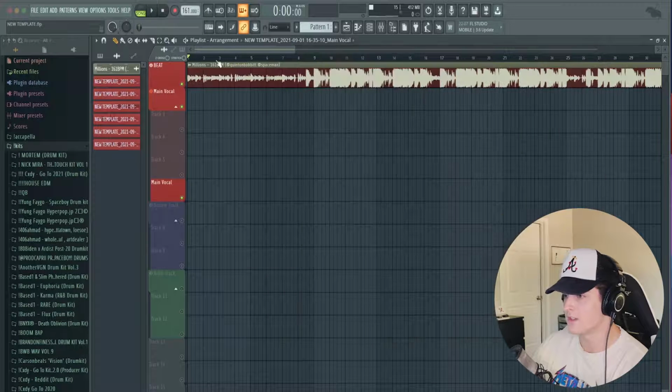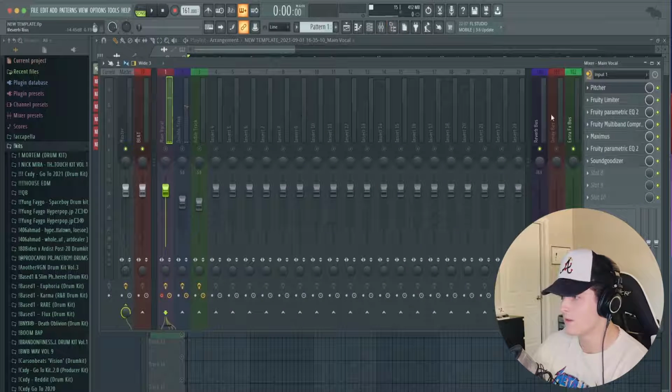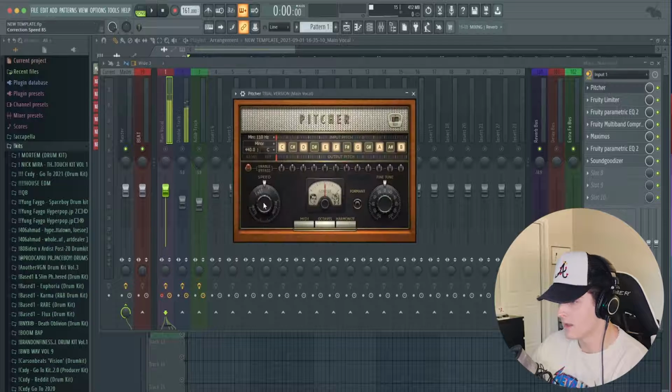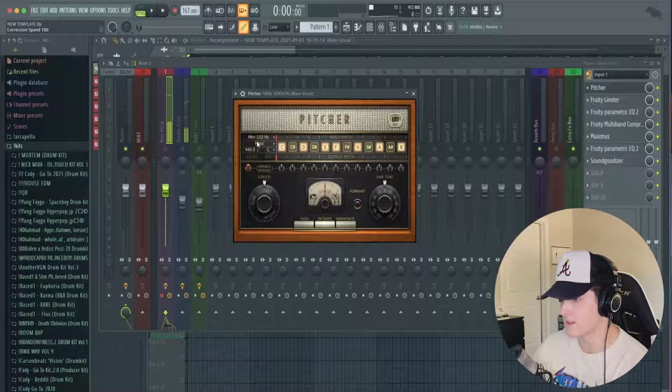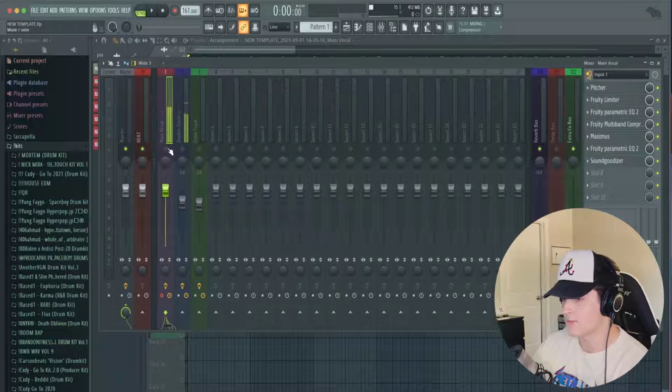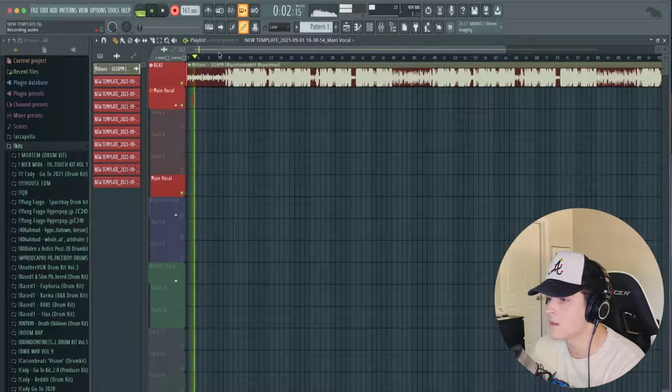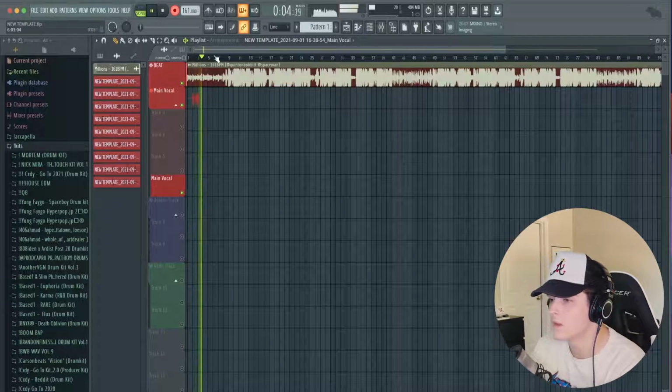Once you find your key, you go to your main track and open up Pitcher, and set the retune speed to fast. It's already set to a minor scale, but you can change it to major if you need to. But we're going to go to D sharp minor. So now if we activate this,